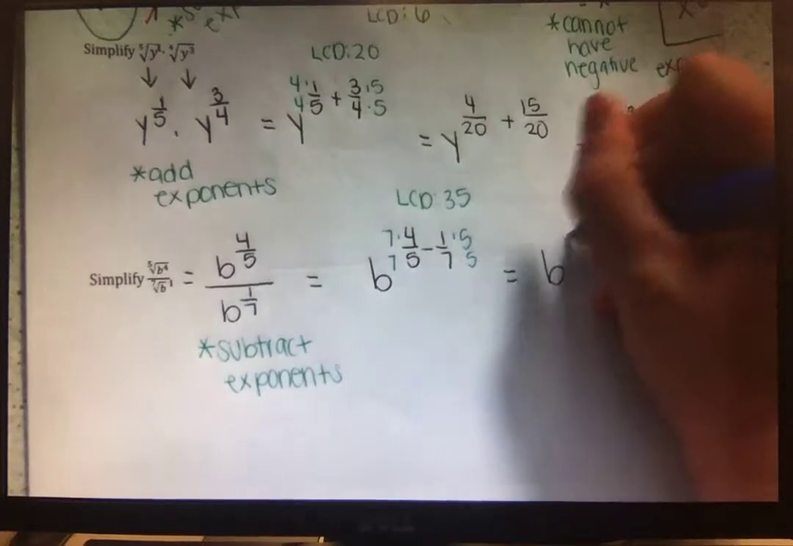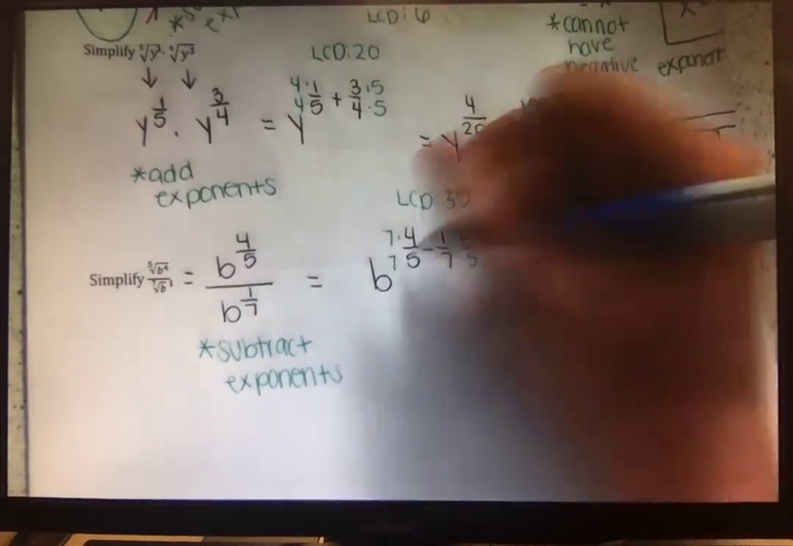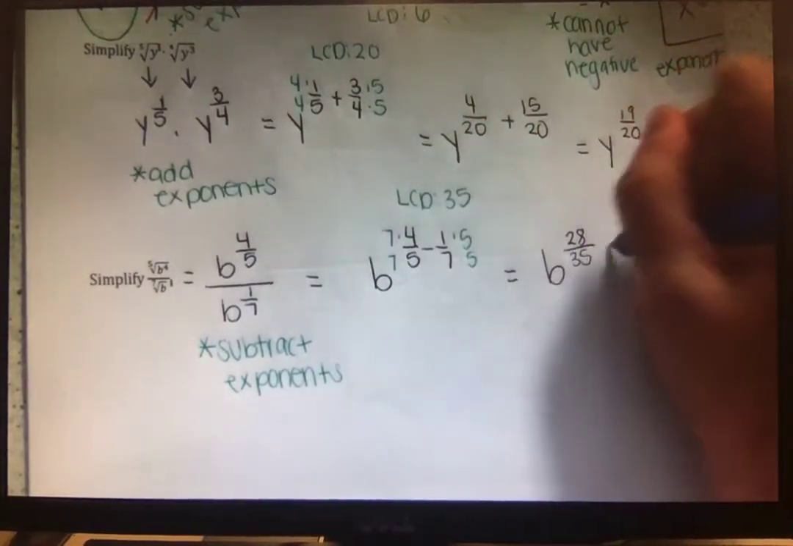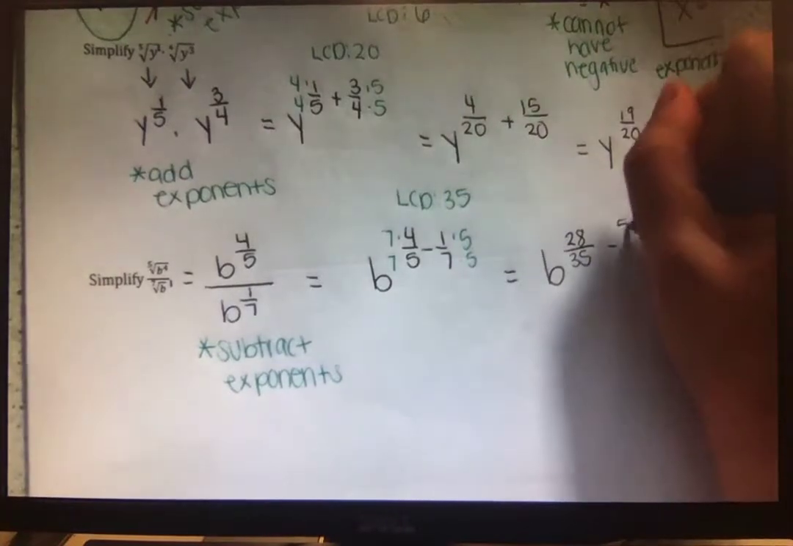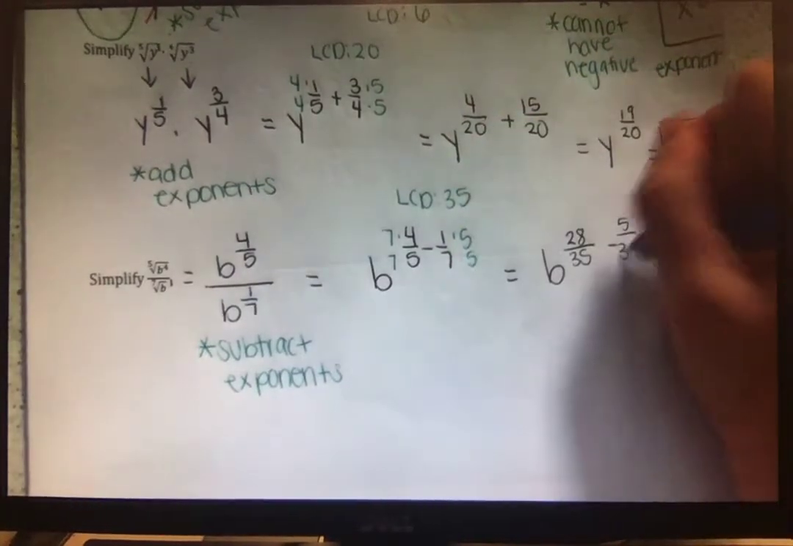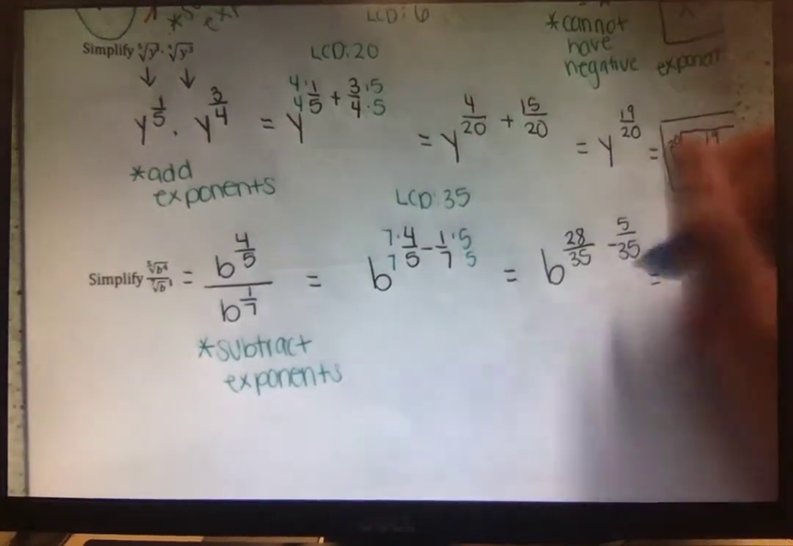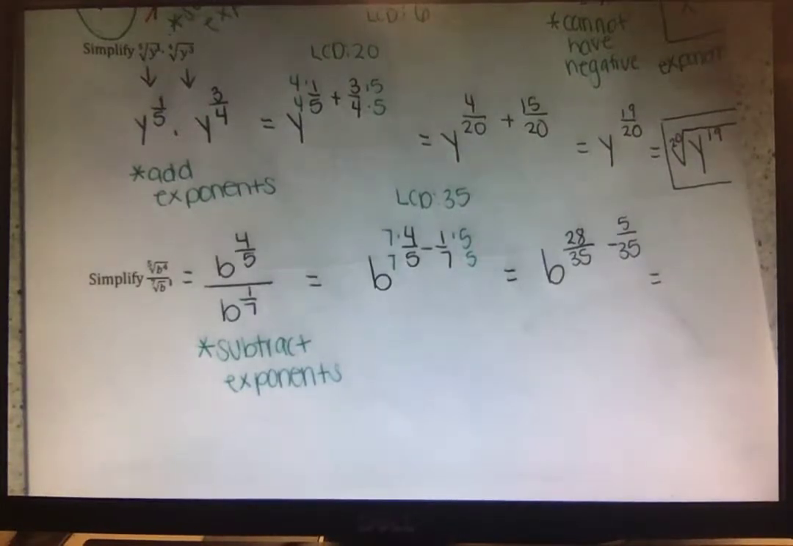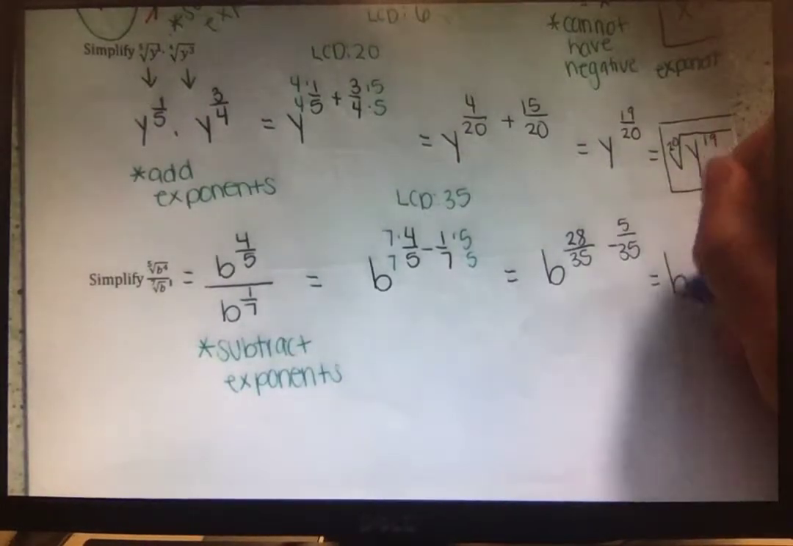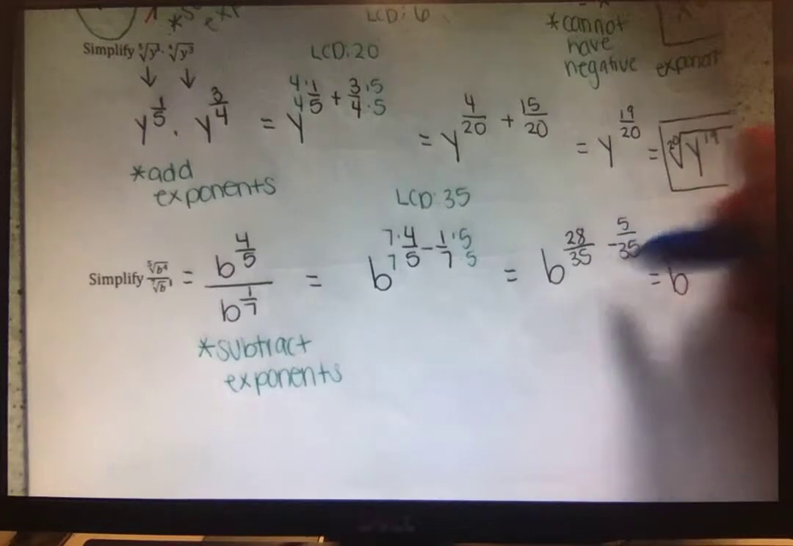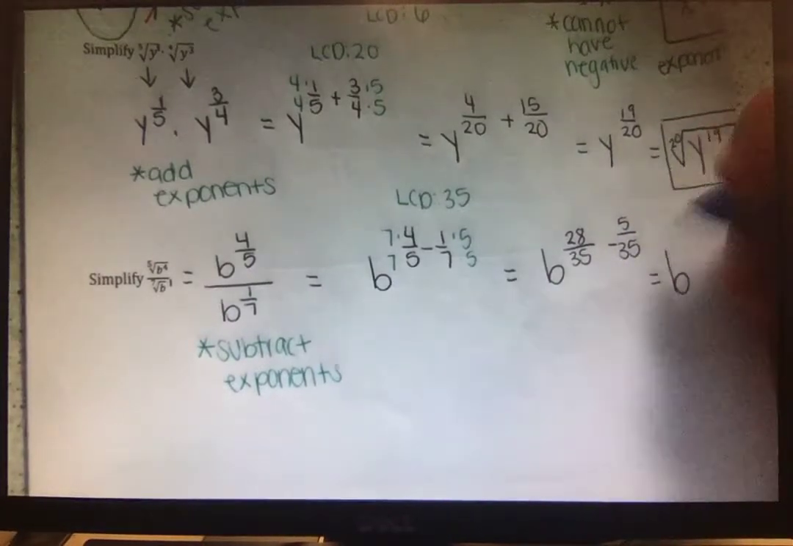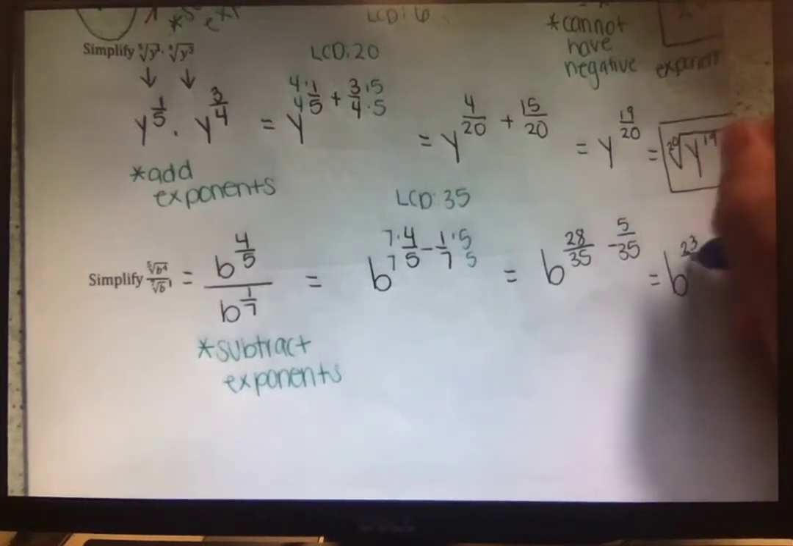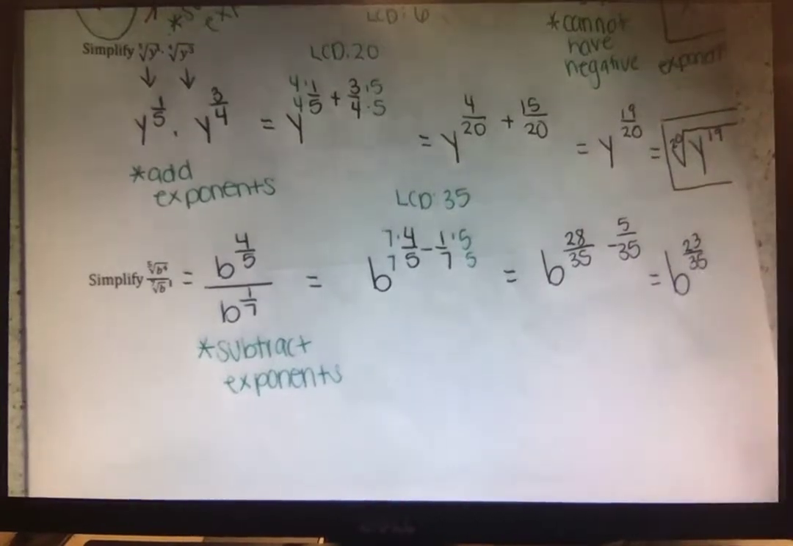7 times 4 is 28, over 7 times 5 is 35, minus 1 times 5 is 5, over 7 times 5 is 35. So now they're both like terms, they're both out of 35. So we're left over with b, 28/35 minus 5/35 will give us 23/35, which that fraction cannot